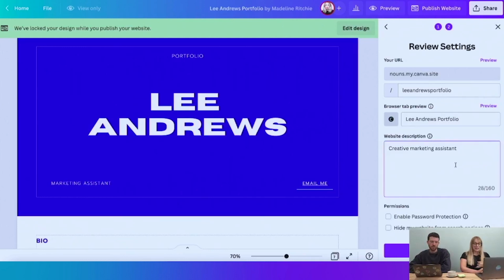Then you can add a website description. Down here, there are some other permissions. So you can have a password protected website as well, which is quite cool if there's something you need to protect with that. Good for all the artists out there. If you ever need to send a